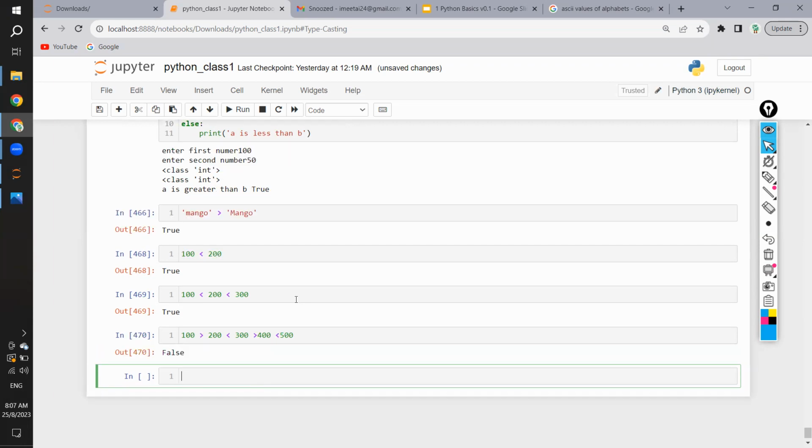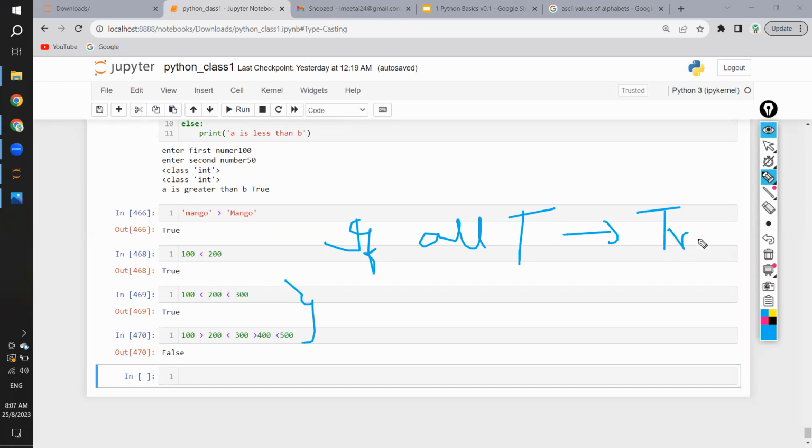You can mix any number of these, but the fundamental point you need to remember is, when you are doing multiple relational operations, if all comparisons are true, only then the result is true. If all true, then the answer is true. Even one false,